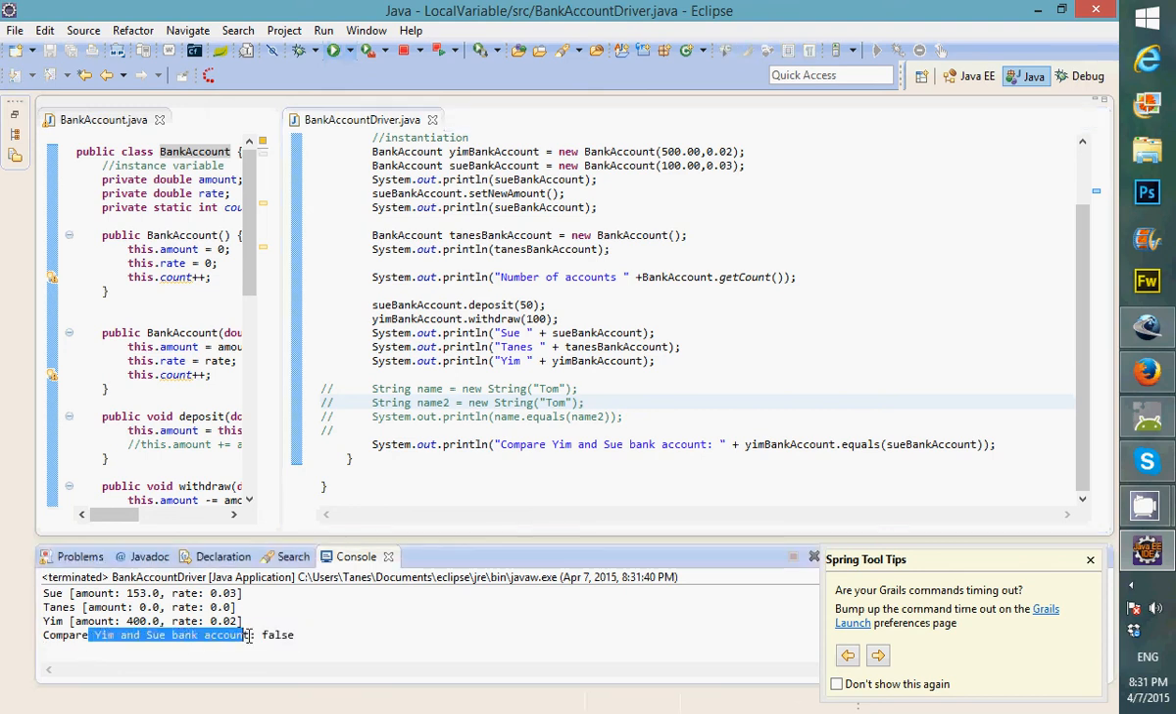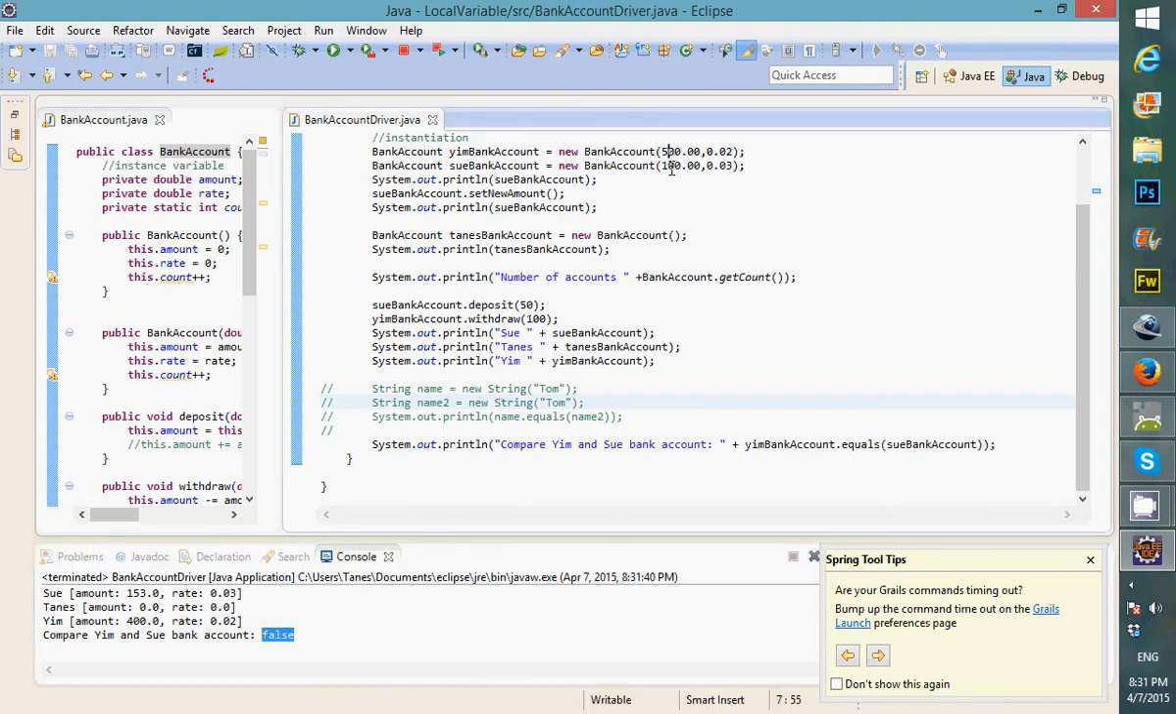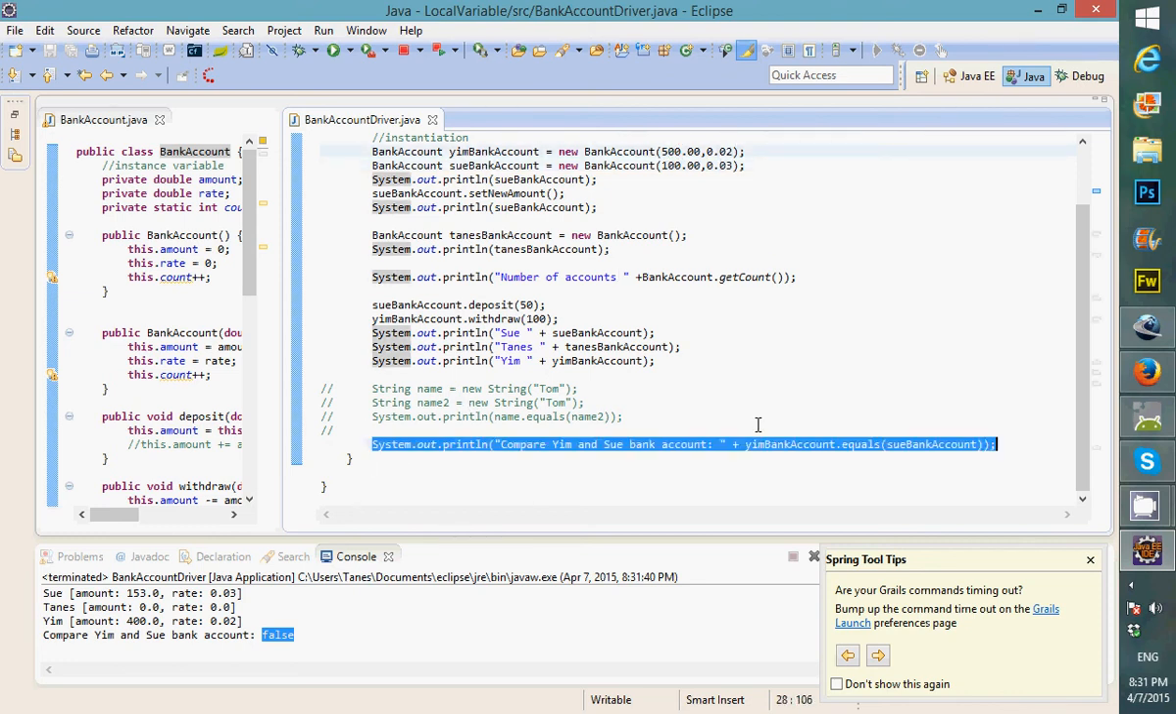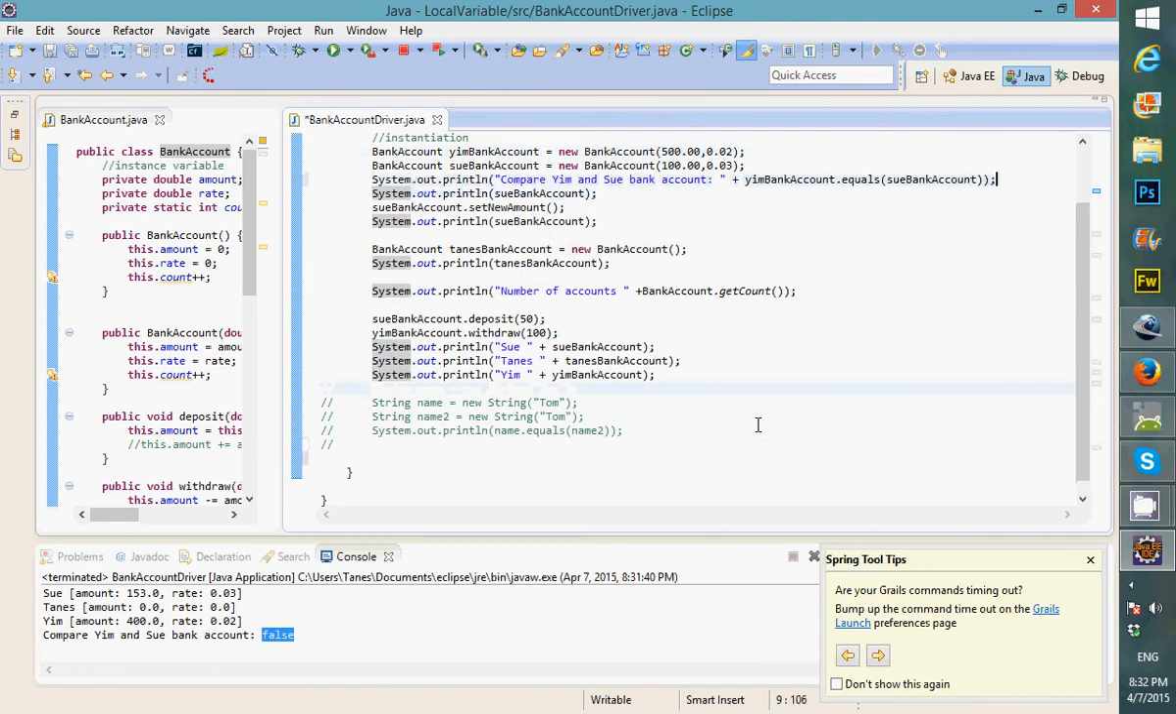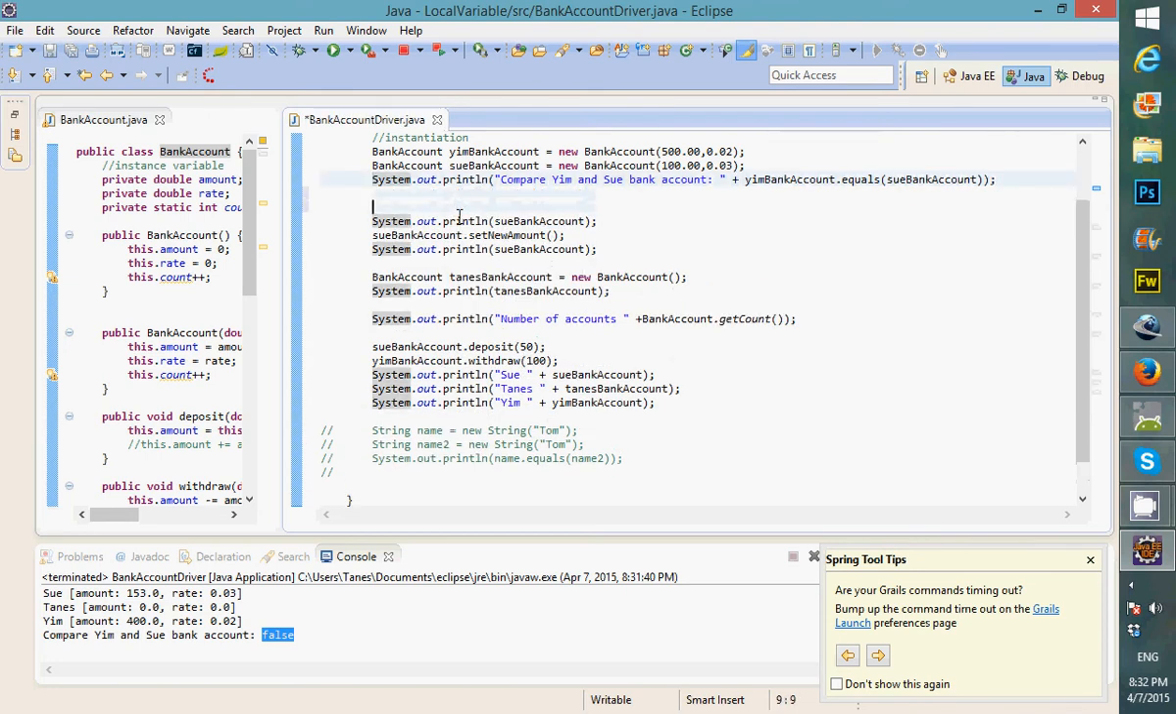Compare Jim and Sue bank account, they're not equal, false. They're not equal, we see that 500, 100, 0, 0, the rates are different. Now, I want to make sure I compare this point, because they're going to have withdrawal and deposits at the bottom, right around here. I want to see if they're equal, and now I'm going to make them actual equals. This should be equals with $100 and